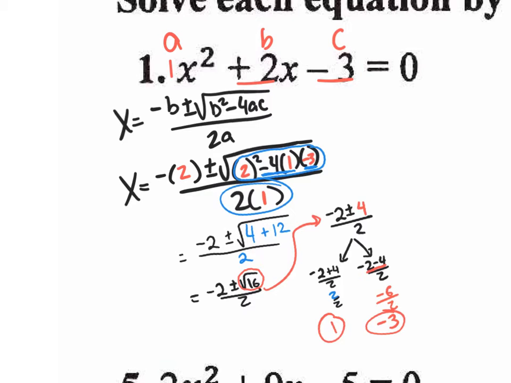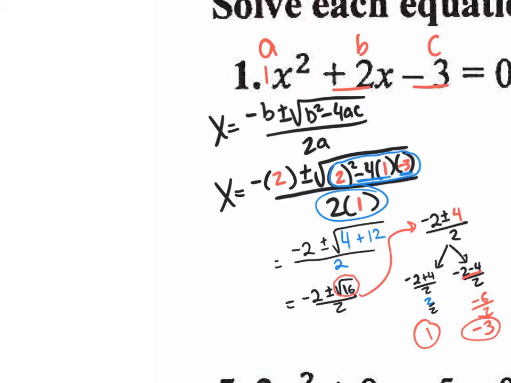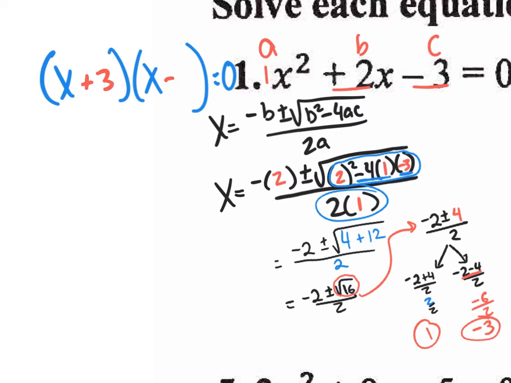But if you're taking a quiz or a test, the easier thing to do, ladies and gentlemen, would be to recognize that your a value is 1. So maybe you're able to factor it and set it equal to 0, and you think what times what is negative 3 that if you add together is positive 2? Positive 3 and a negative 1, correct? So then you could split it and say x plus 3 equals 0 and x minus 1 equals 0. And you're going to get your two answers. What are your two answers? X equals